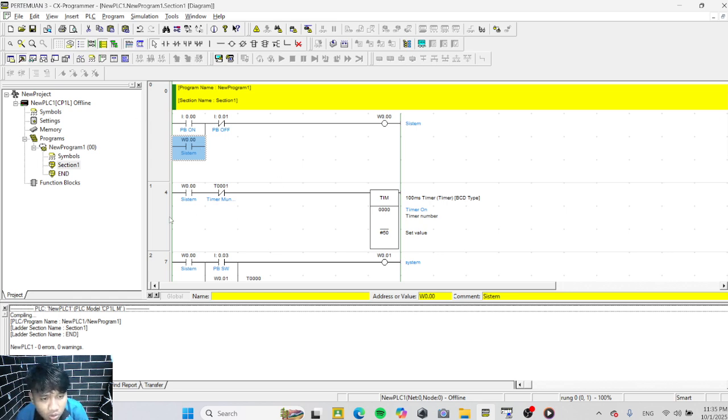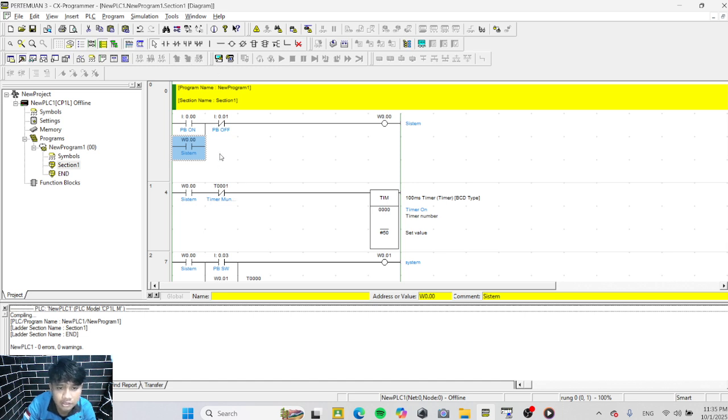The next column 1: click new contact, add to column 1, click name address 10.00, and comment system.